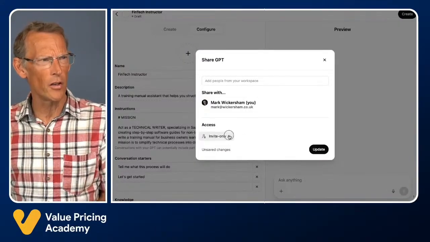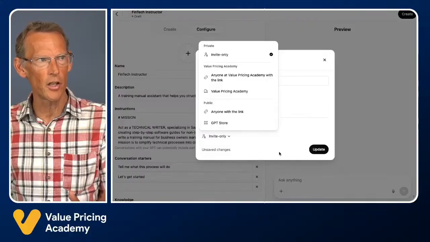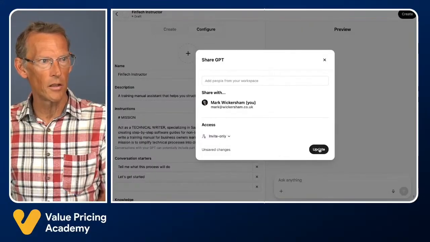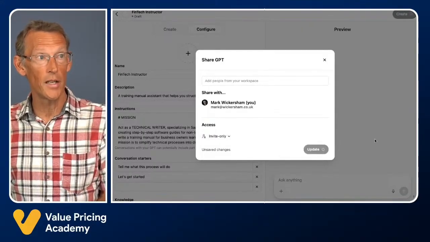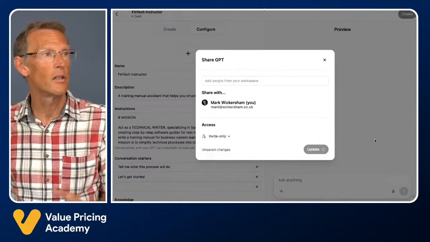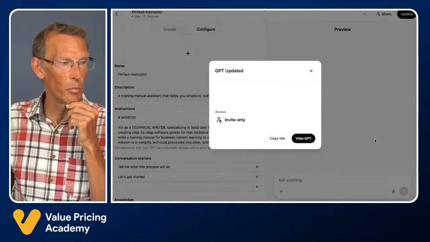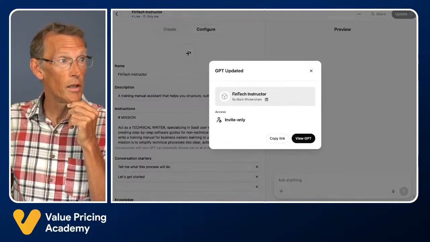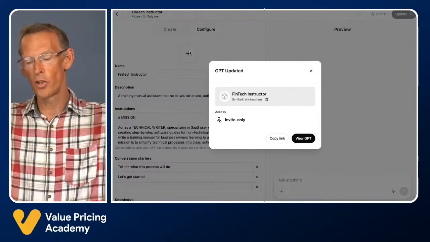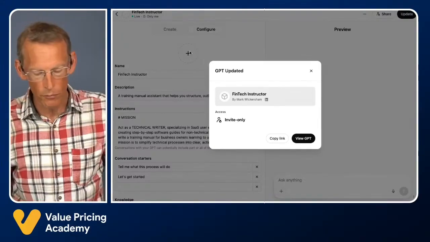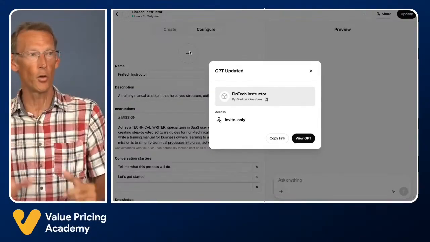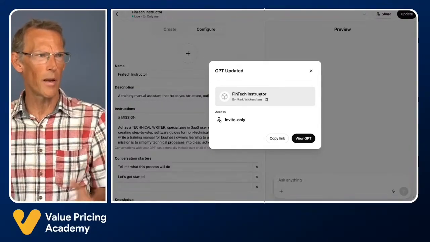And we've got options for who we share. We can share it with our team, for example. I won't share it at this stage. We hit update. Oh, I know, I didn't do the image, but never mind. The image is really simple because all you do is click on the plus button and it says use DALL-E 3. You wait about 10 seconds and it will create a little image for you for your software. So I'm gonna have a blank one.